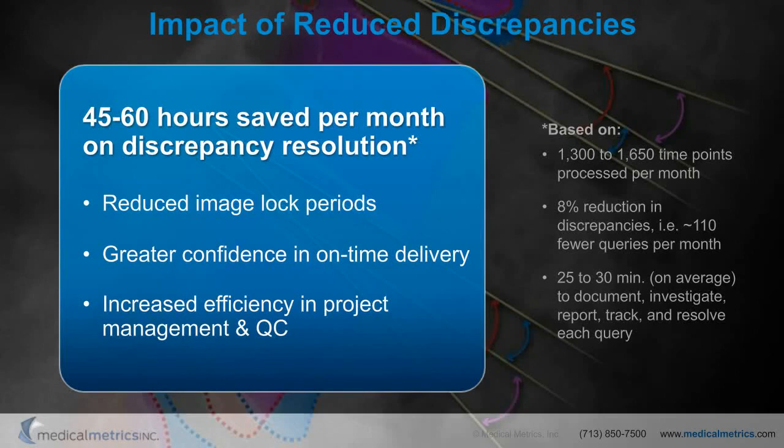Reducing the number of discrepancies has streamlined our project management and QC activities. For every discrepancy we can eliminate, we estimate that we can save 25 to 30 minutes on average in resolving that discrepancy. This represents the amount of time needed to document the issue in our discrepancy management system, investigate the